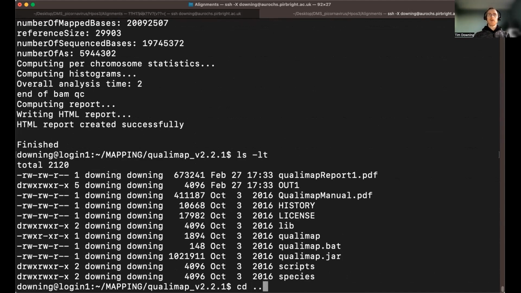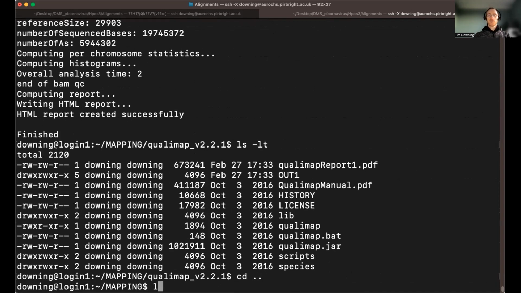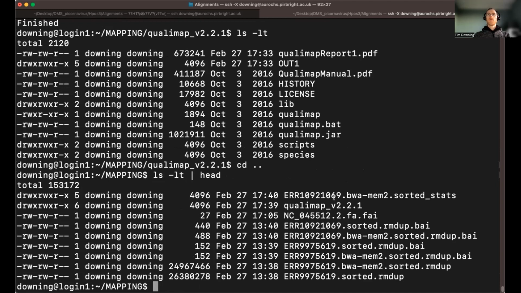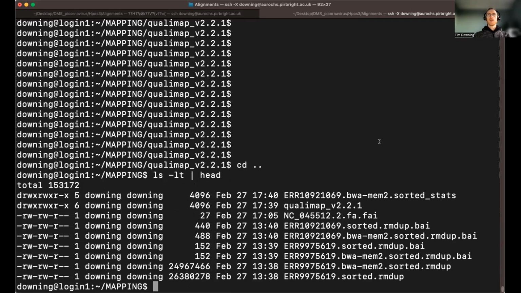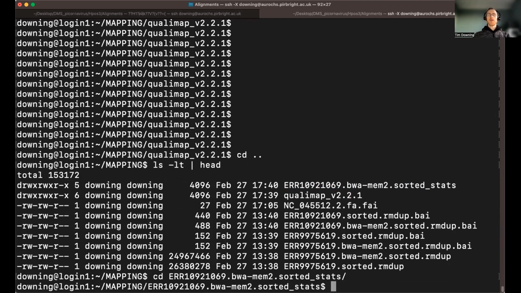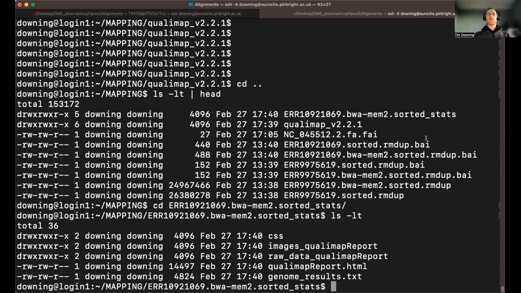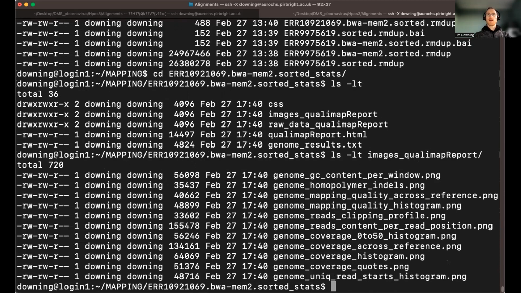So let's see where that is. So there you can see, so let's try that here. So we have our file there created, sorted stats. So we can see into that. And we see the same output format that we had before. We have the images there, the raw data,